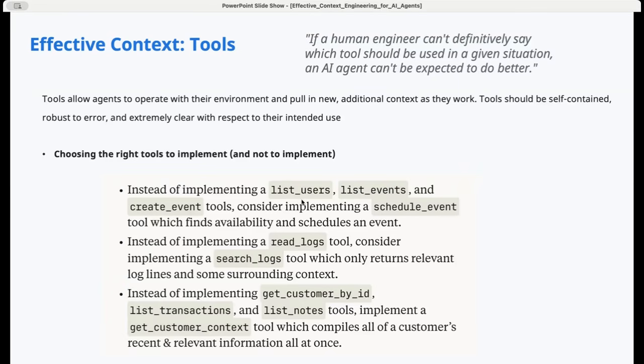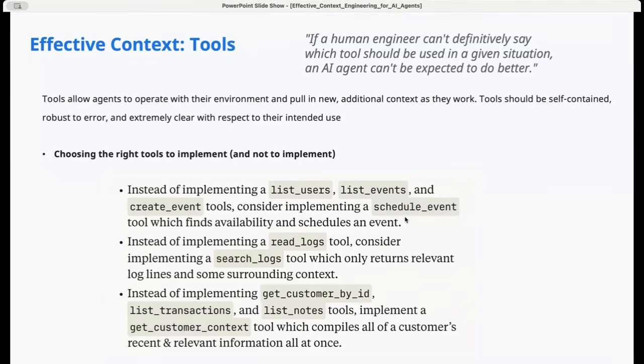For example, instead of implementing list users, list events, and create event, which means lots of tools, and where list users or list events may return a very long list that bloats your token usage,